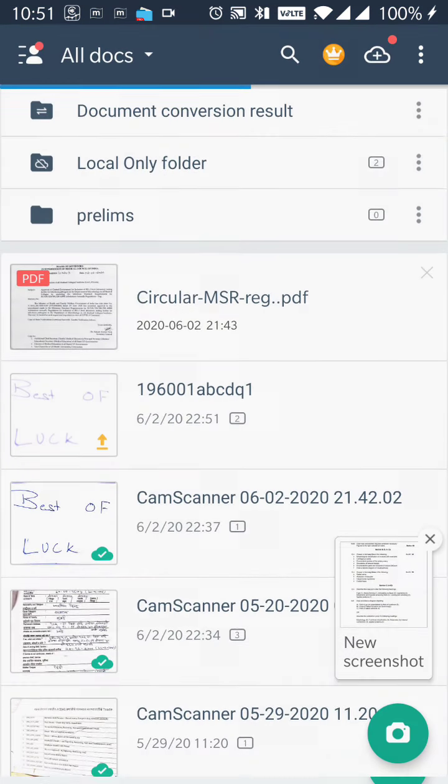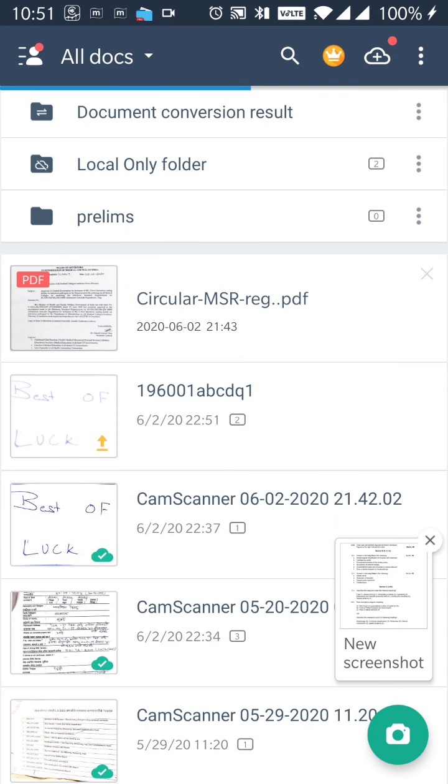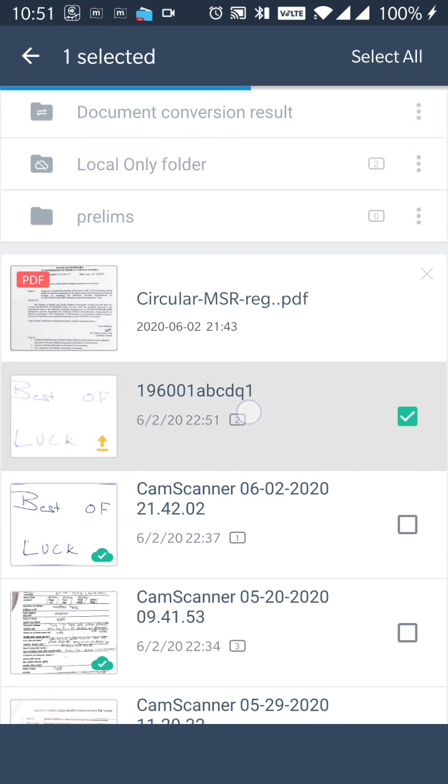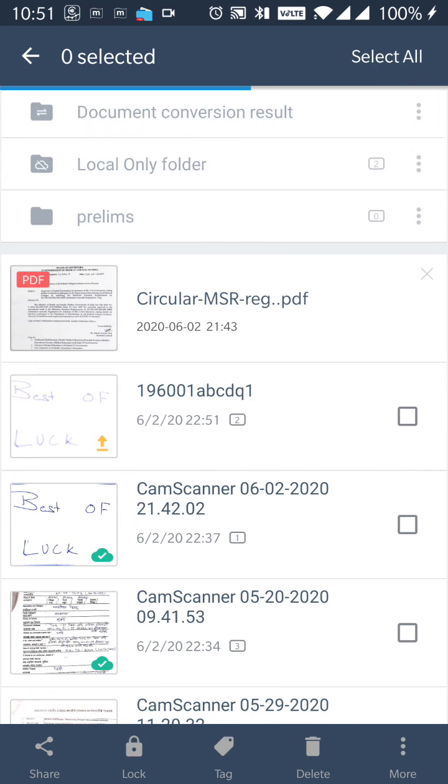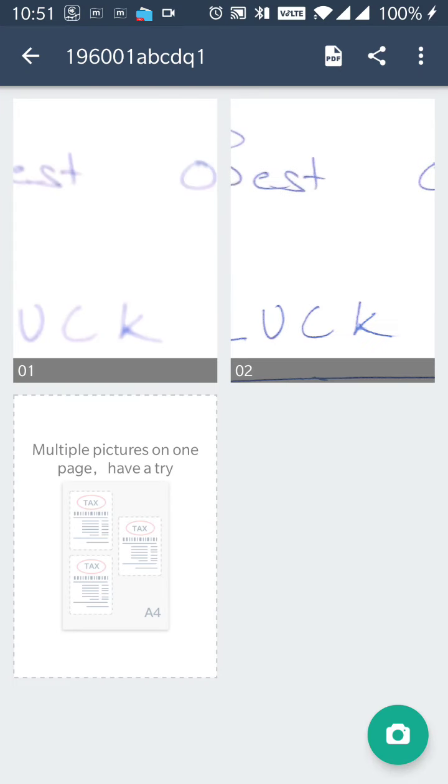Or another way is to upload directly through the file. For example, this is the file I have created. Click on the file. Okay, just hold it. Now it is open.